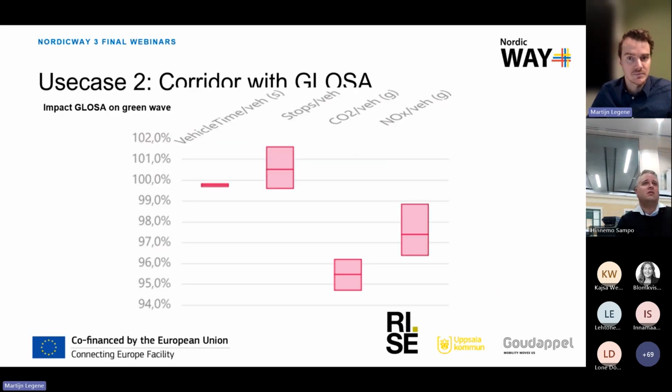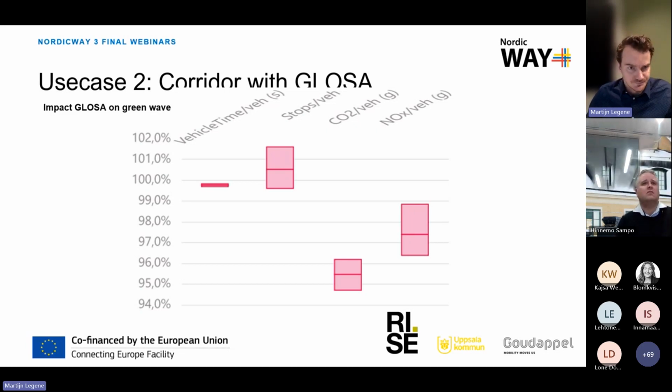I will still continue though, because on the previous slide, you saw almost no environmental impact on a single intersection, but on a corridor, emissions could improve. So it's important to scale up the application. Here you can see that there is a bigger impact on CO2 or NOx that's measured in the simulation study. However, we still see no significant effect on travel time, and a slight increase in the number of stops is